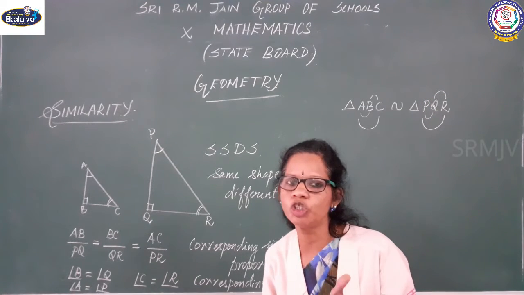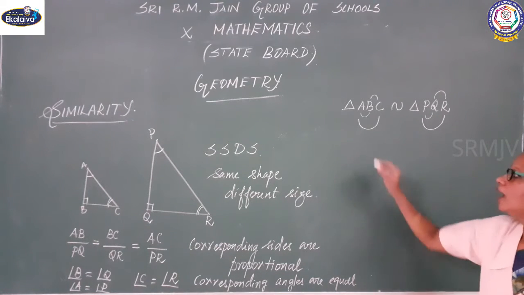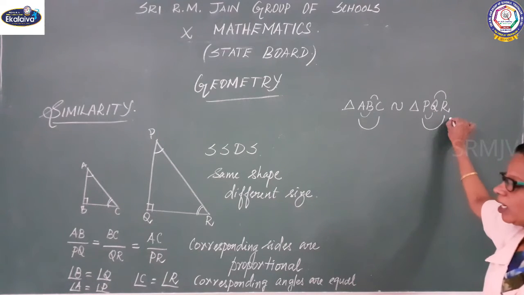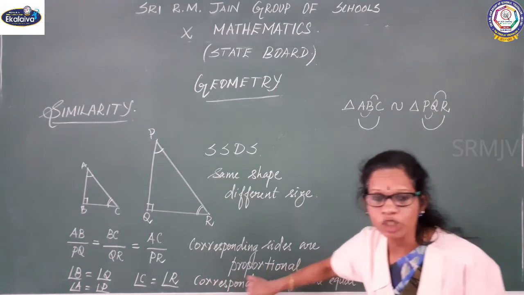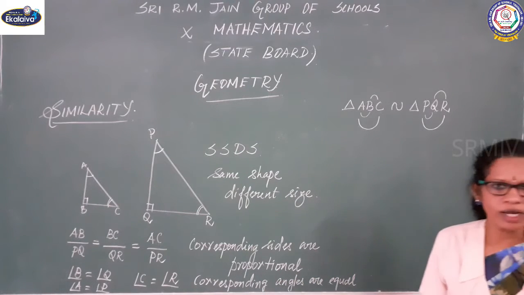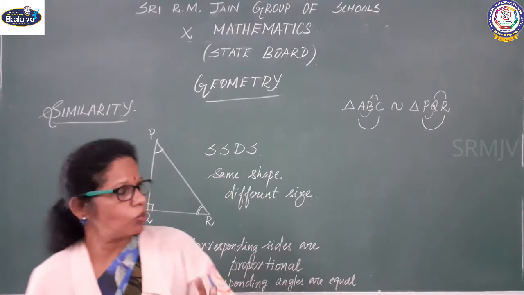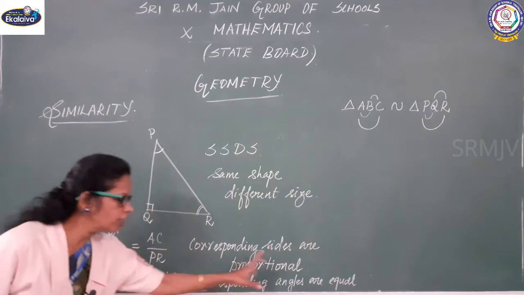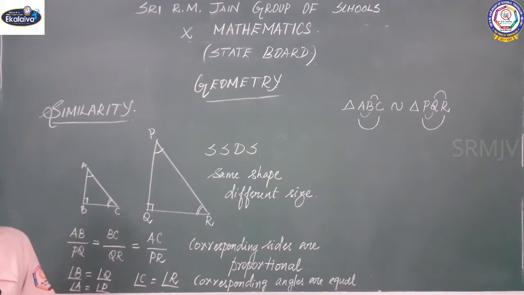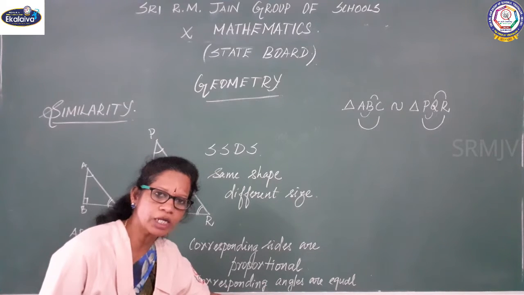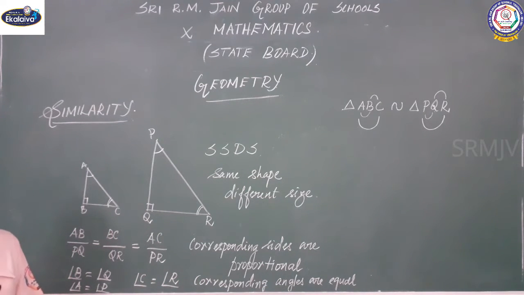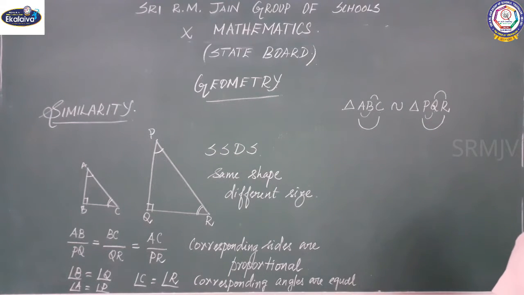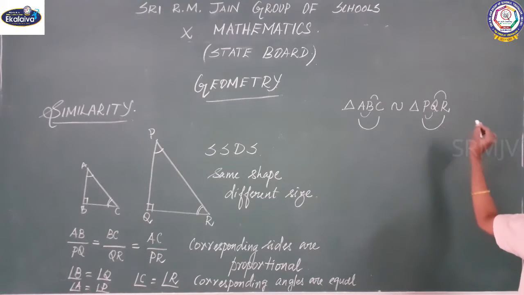Now, angle A equal to angle P. Writing the letters in order is also very important when you represent similar. Angle B equal to angle Q. Angle C is equal to angle R. That's why you are saying that corresponding angles are equal. Now you can understand what is similar. Children, once again I am going to repeat. Same shape and different size. Corresponding sides are proportional, you can conclude that triangles are similar. Corresponding angles are equal, that time also you can conclude that triangles are similar. How to represent in notation, that also I represented here. Triangle ABC similar to triangle PQR.